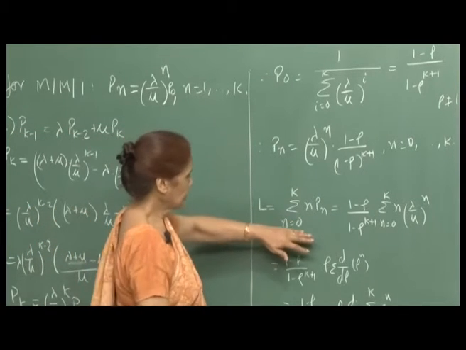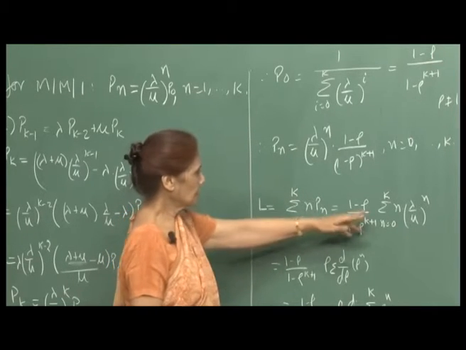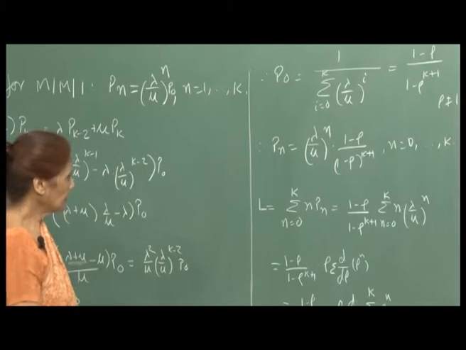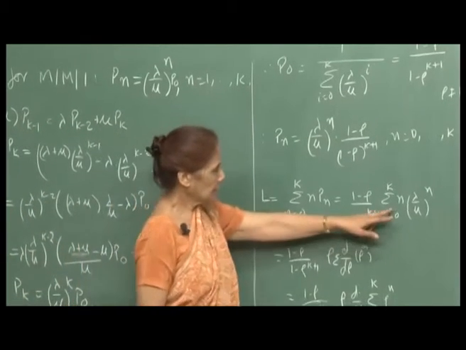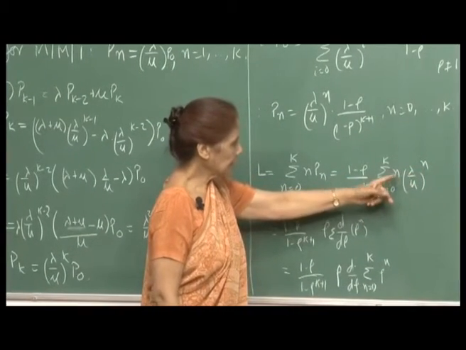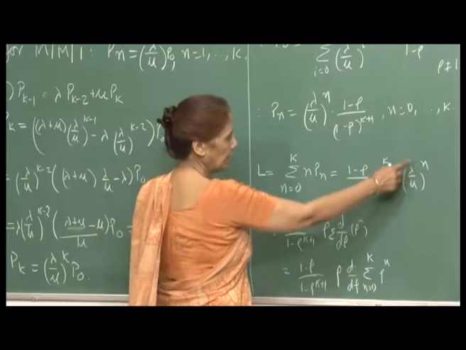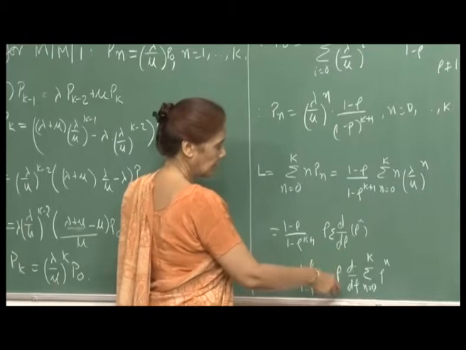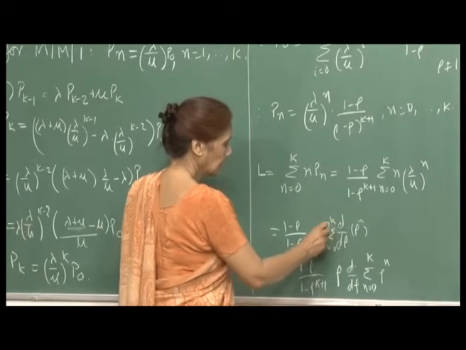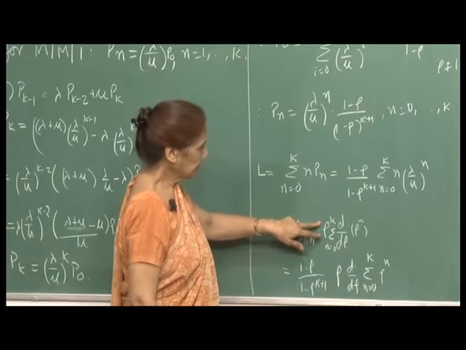So, this will be sigma n p n, n varying from 0 to k, and you just substitute for p n. This is what you get, and again we will use the same trick that (lambda by mu) raised to n can be written as the derivative of rho raised to n with respect to rho, so n rho raised to n, and of course the summation is n varying from 0 to k. If you take a rho outside, then it will be